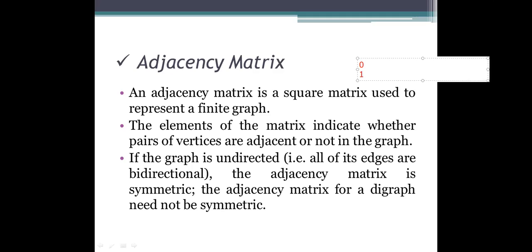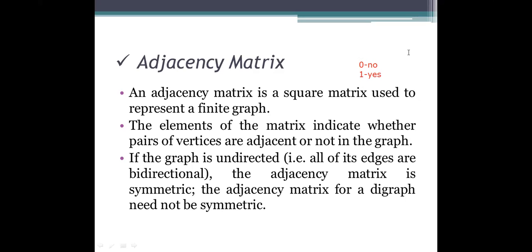If an edge is there between two vertices, it will be taken as 1. If there is no edge between the two vertices, then we will specify it as 0.